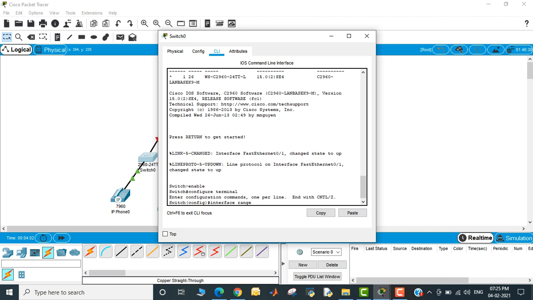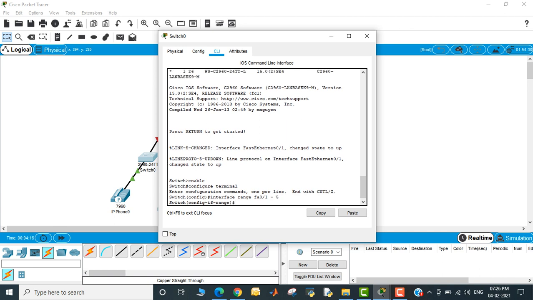The interface range should be 1 to 5, so use the command fa 0/1 to 5. So this is the interface range established.